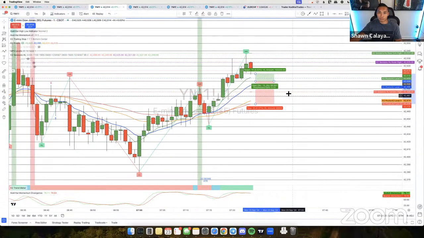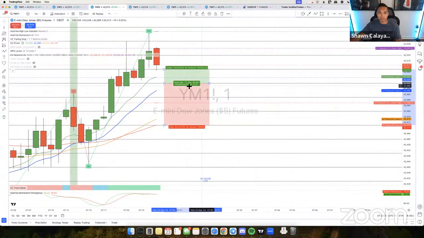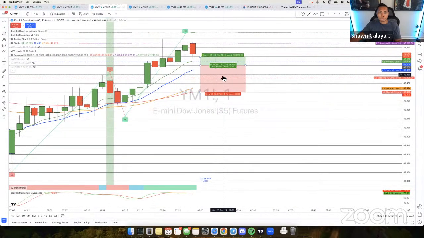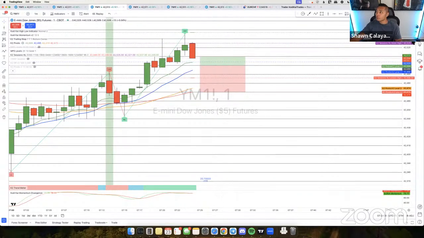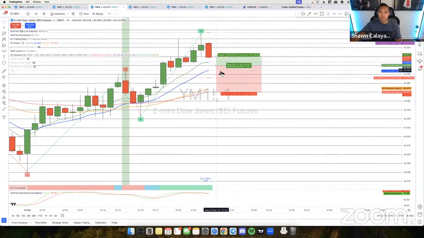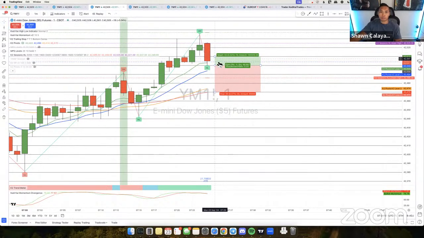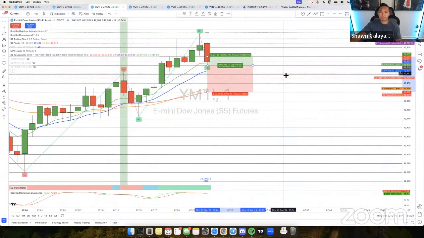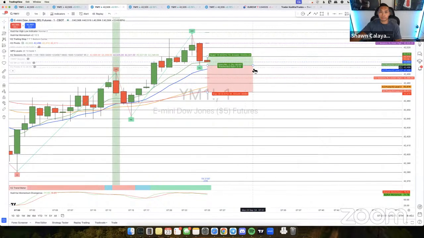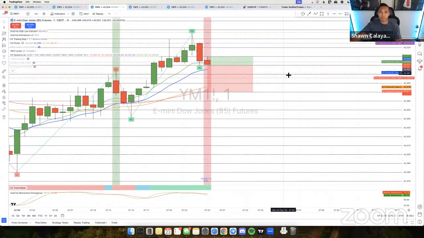If you guys are looking for a market flow entry, the next market flow entry is going to happen right here at the 500 mark. And we'll see what happens here. The problem with this is that it's at the opening price, so this is going to be a little tricky. This would be considered a red flag. I wouldn't take any entries around this area, but if you guys are looking to take market flow and you don't care about the red flags, market flow would happen right there at the 500 mark. I'm not taking it, but if you guys are looking to take it, I'll mark it up right there.